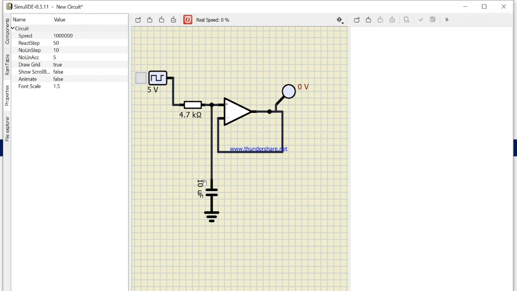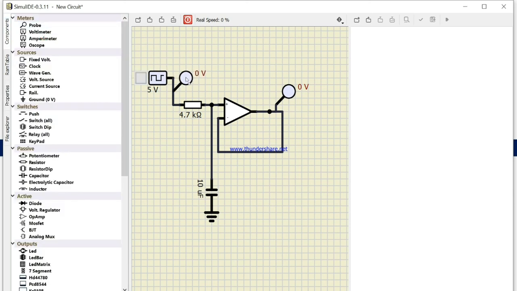It's 10 microfarad. Let's try to check the output also. Take one more probe and try to place here. Run.